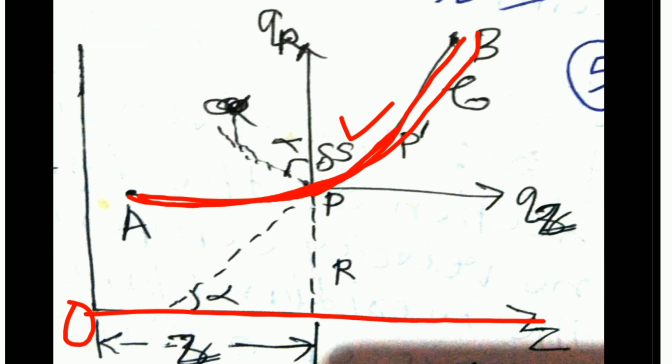Denoting by alpha the angle which the tangent at P to the curve C makes with this OZ,